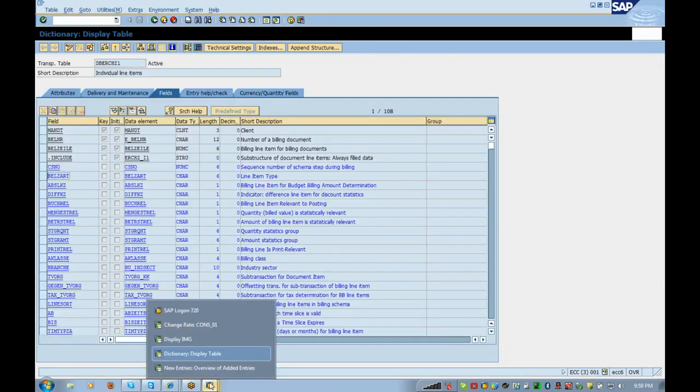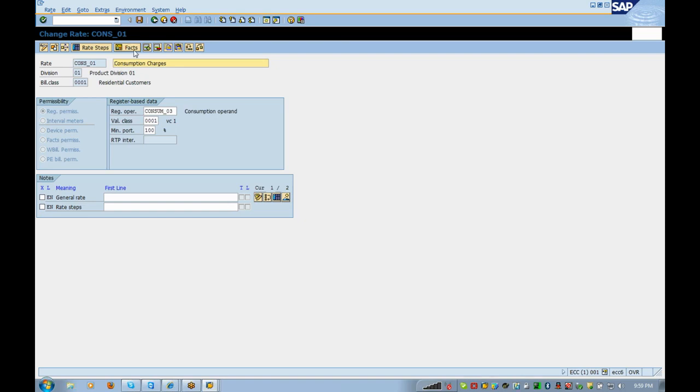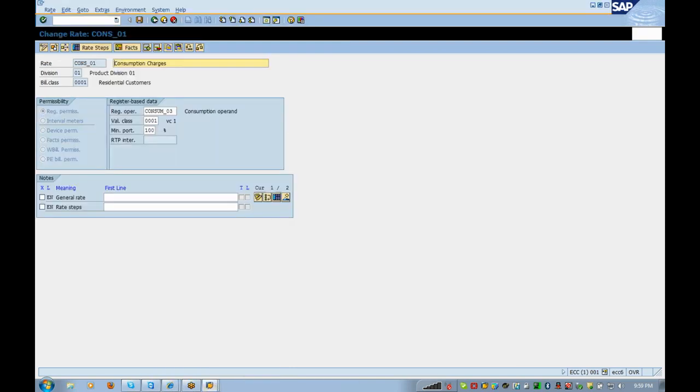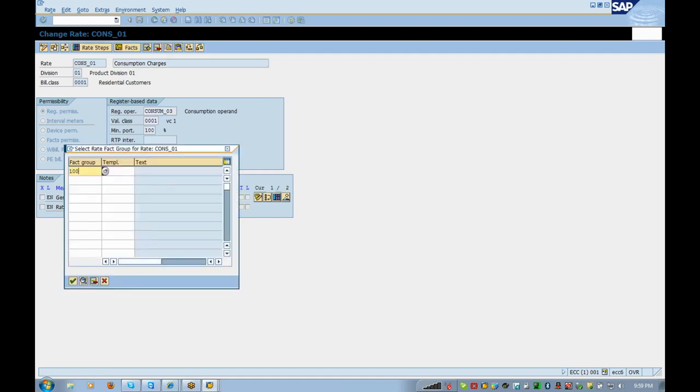Yes, I have already noted. Okay. See, now facts are there. So fact group 1000 we have created, right? So just assign 1000 here. When you assign this one,